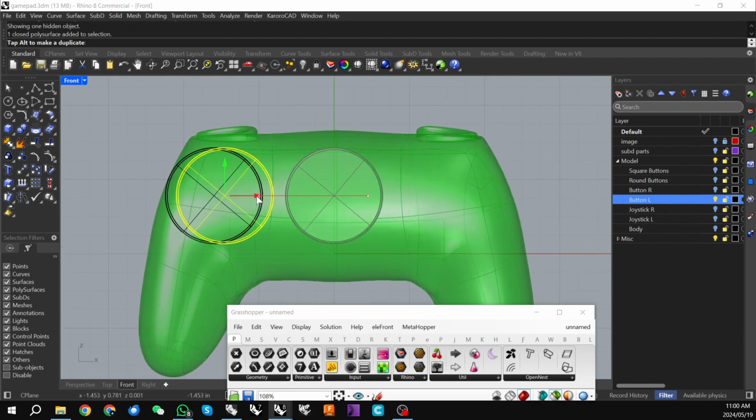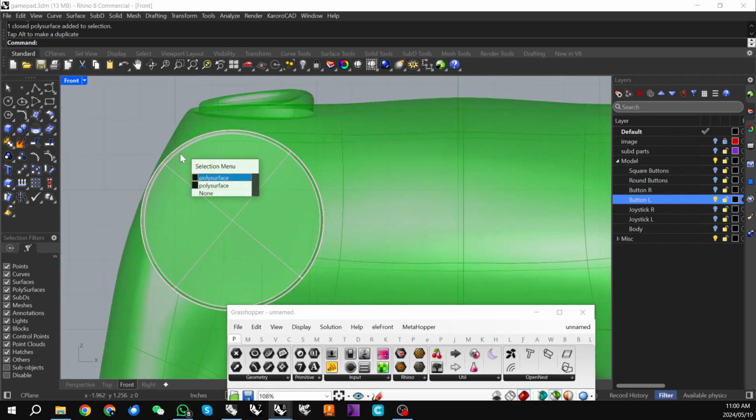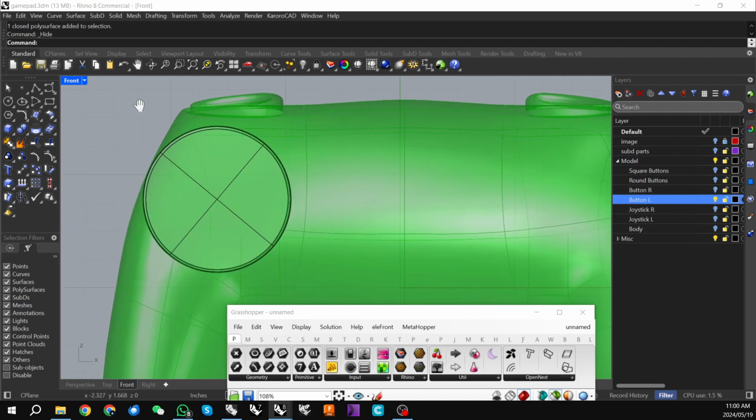I'm just going to pull this over until I'm at approximately the same position as where the previous one was, and we shall hide that,